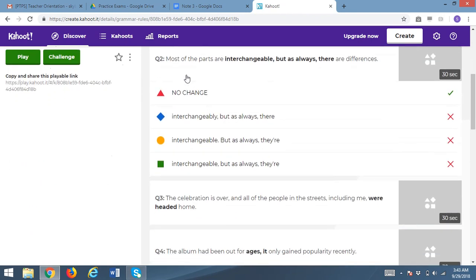Then here, most of the parts are interchangeable, comma, but as always, comma, there are differences. The correct answer is no change. There's nothing wrong with this. Most of the parts are interchangeable. Then we put a comma. We separate this from